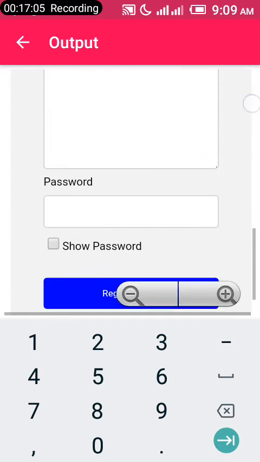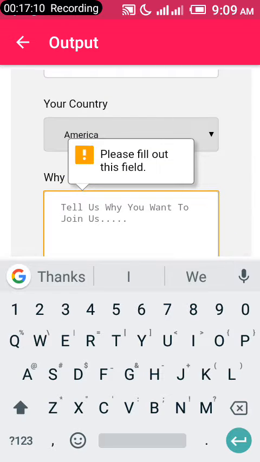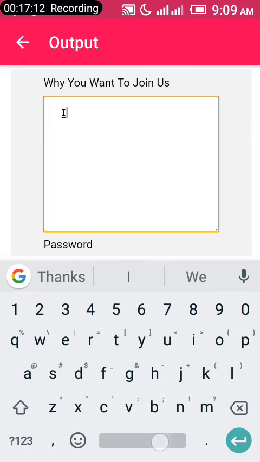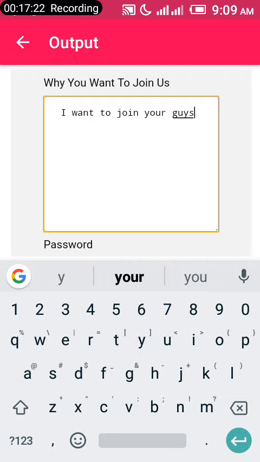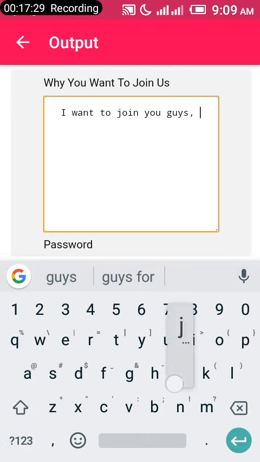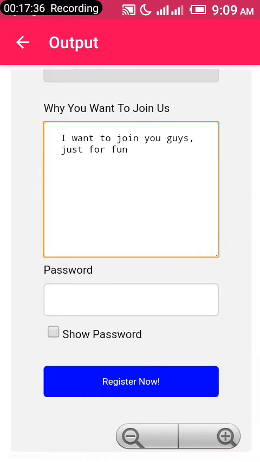Then I go again. Hit register. It compels me to tell everyone the reason I want to join. Okay, I want to join you guys. Just for fun. Let's just say just for fun. Having filled it, let's see if the submit button will still allow me to go